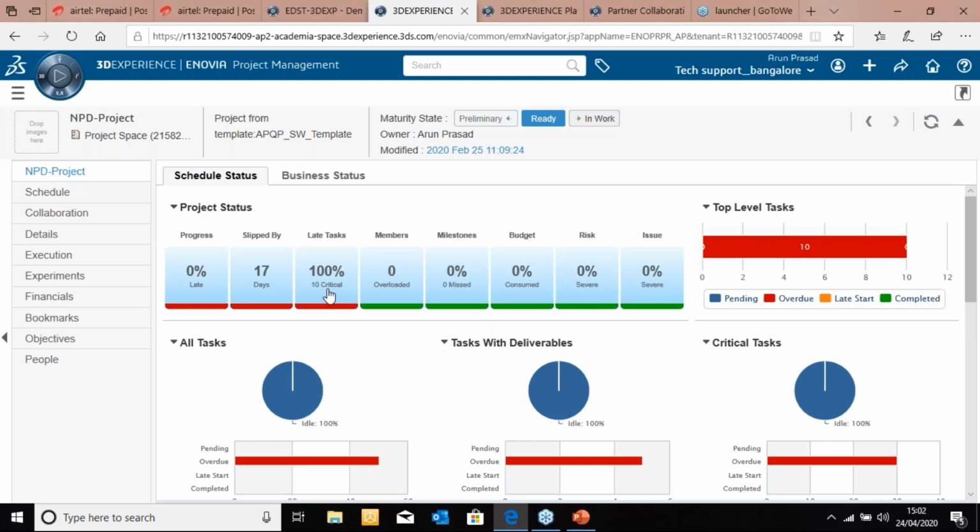At the same time, you can also schedule a meeting, host a meeting, and send a meeting invite to everyone who is part of this project's deliverables. You can also have a daily meeting scheduled at regular intervals as per your convenience, so that you have control over the project deliverables and visibility across what is happening. And that is all possible in this particular solution, which is part of your 3D experience platform.